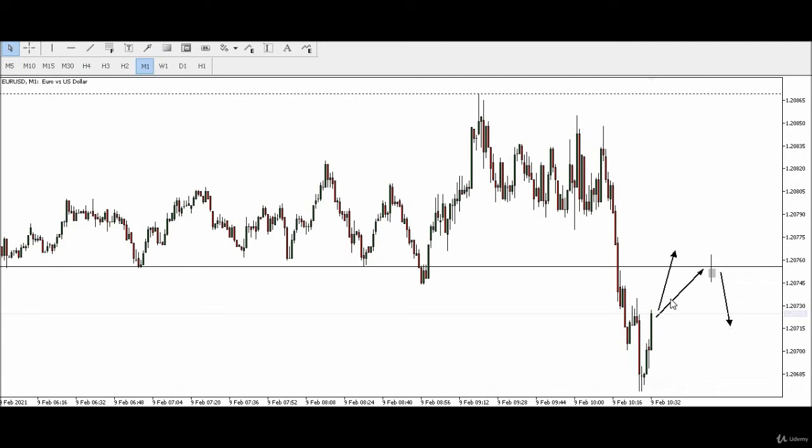Yeah, so if the market does this, rejects this level, so it's retested, and then we can sell here. It's very simple, as you can see,